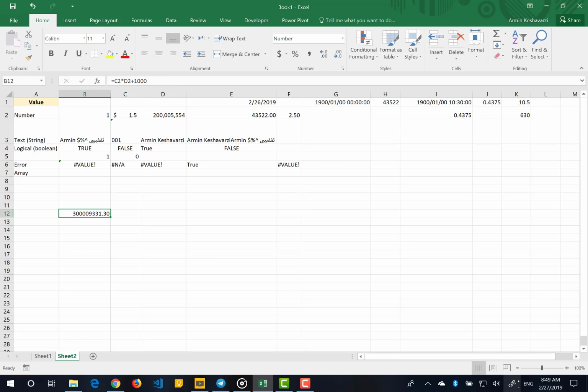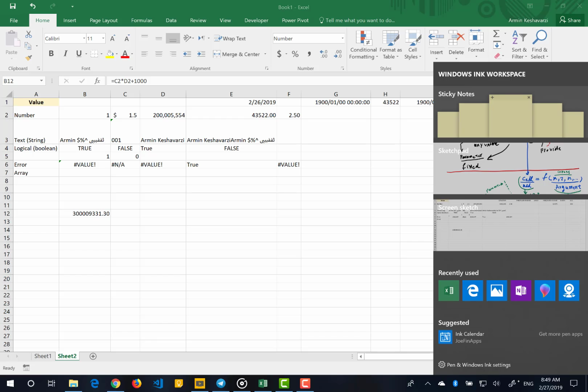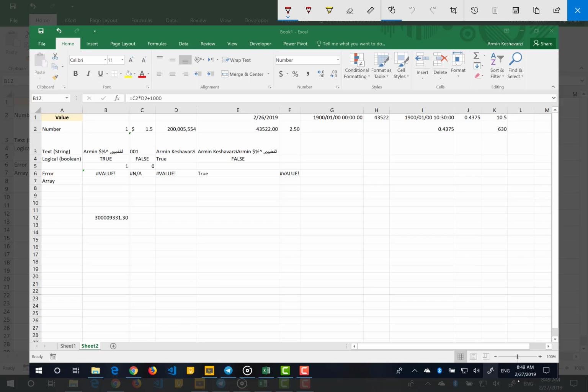If I get an image from this to talk about it a little bit, I say that this cell is equal to, this cell can be assumed as x, and this cell can be assumed as y plus b, which is the constant number 1000. So this is the function I wrote by myself,